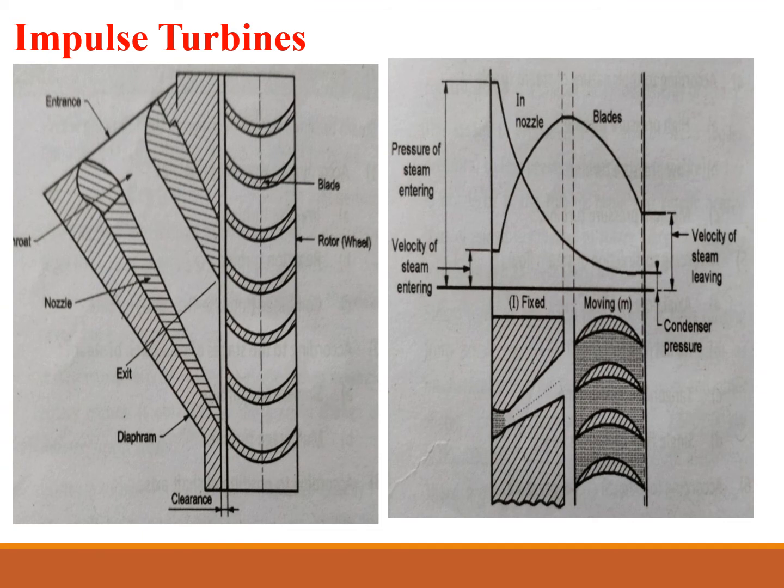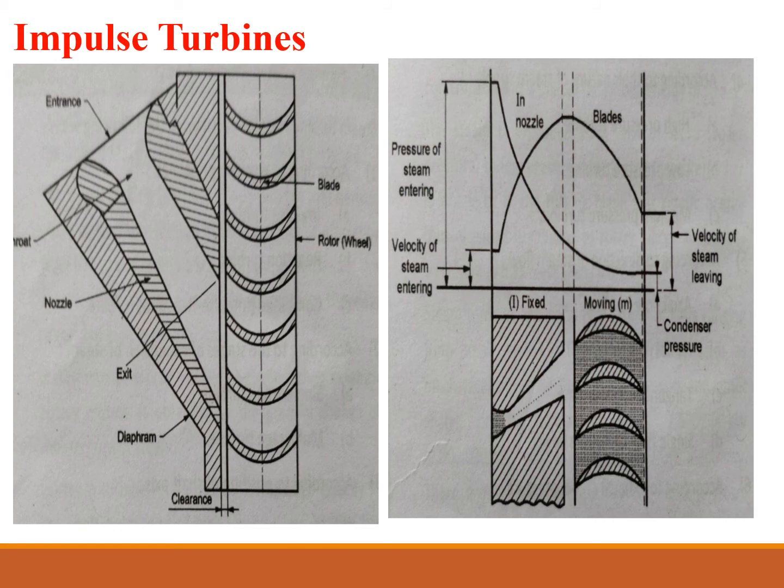Construction and working of impulse turbine. A number of variations of turbine have been developed that work effectively with steam. The impulse turbine is simpler, less expensive and does not need to be pressure proof. It can be operated with any pressure of steam, but it is considerably less efficient.